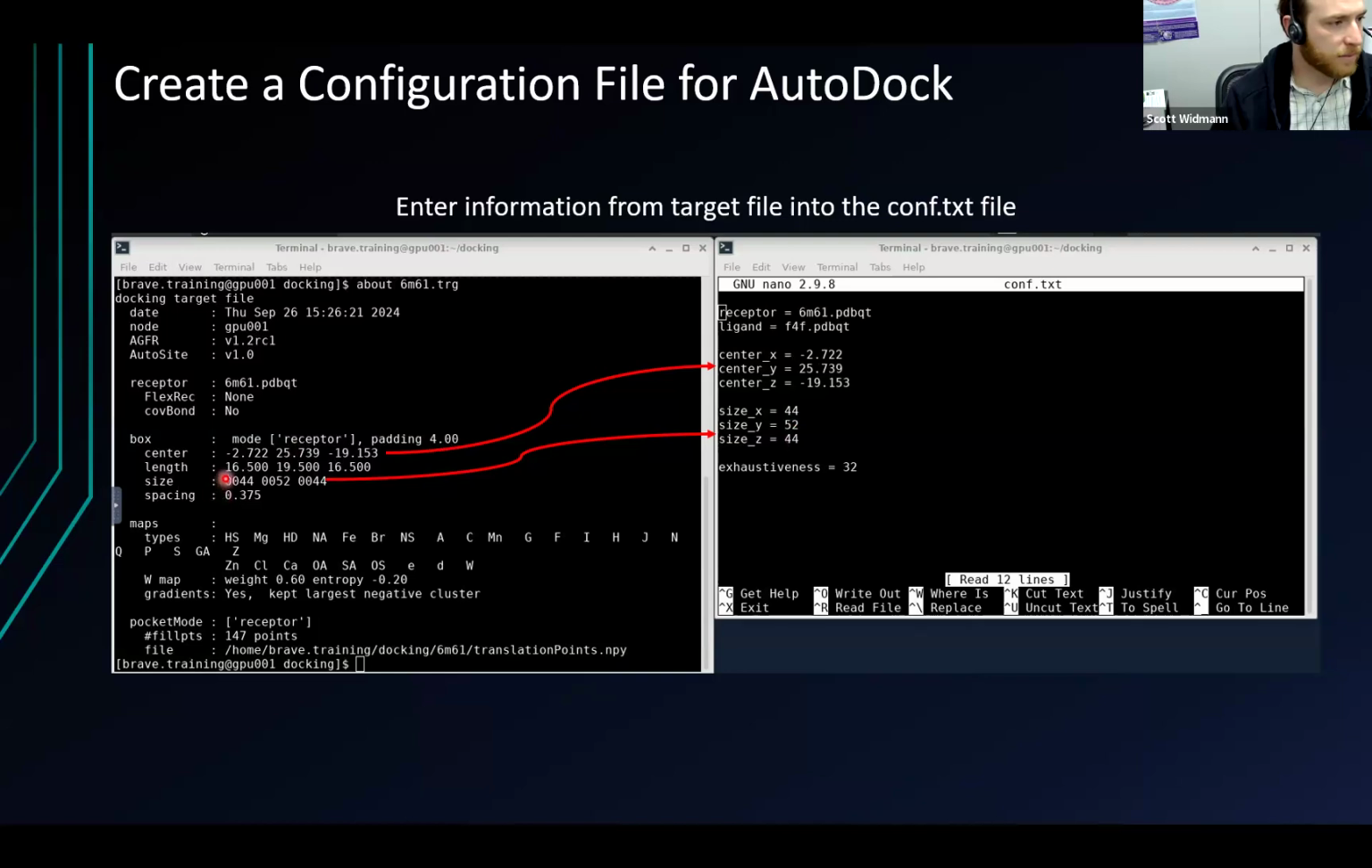You don't need the preceding zeros here. And then I'm including this exhaustiveness command right here for 32. And so this just increases the sensitivity of the docking. Okay, and then once I have that all typed up in my new file,